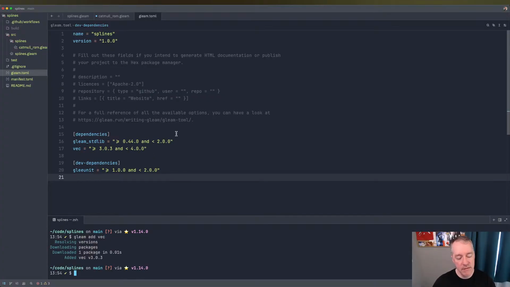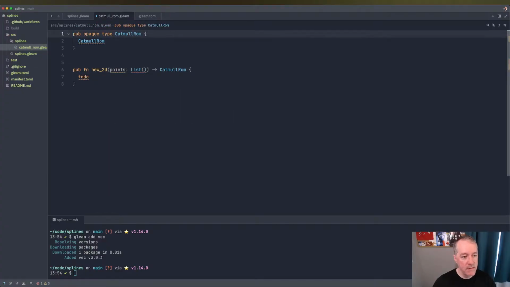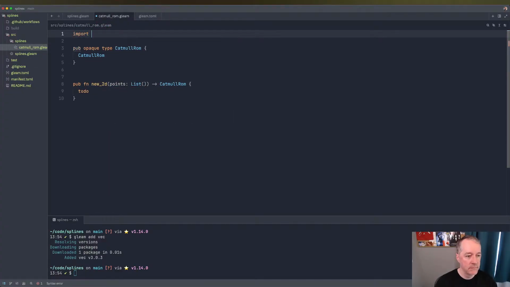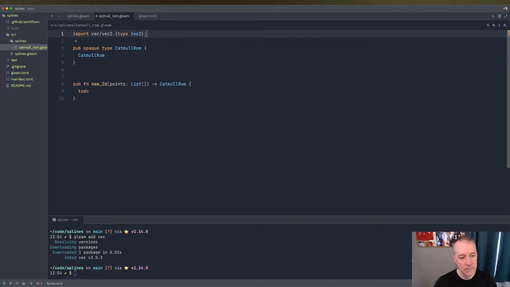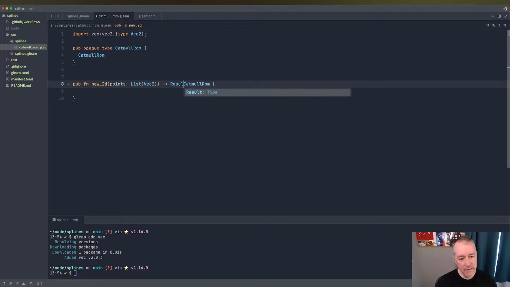It's used in Tiramisu and various other things. So we're going to have a list of vec2, and I think that we're going to use a result here because it's probably important that we